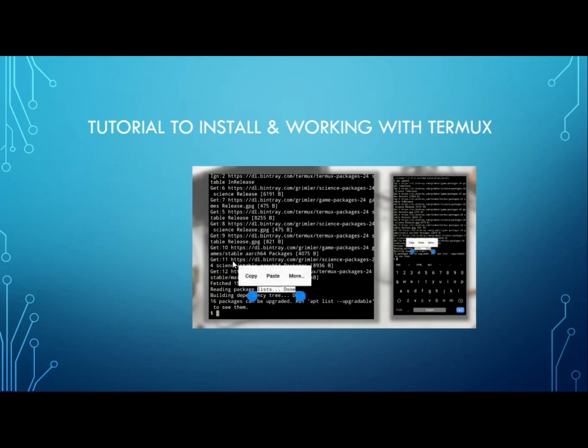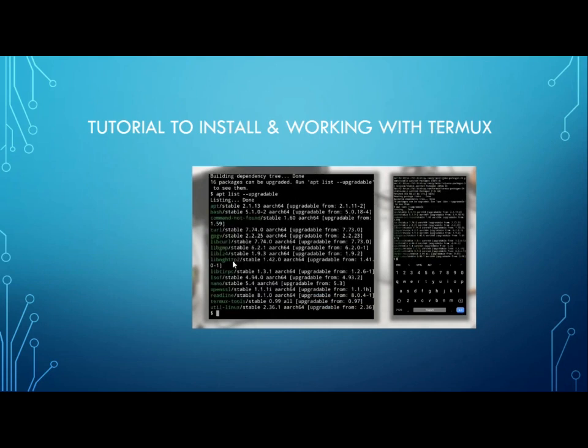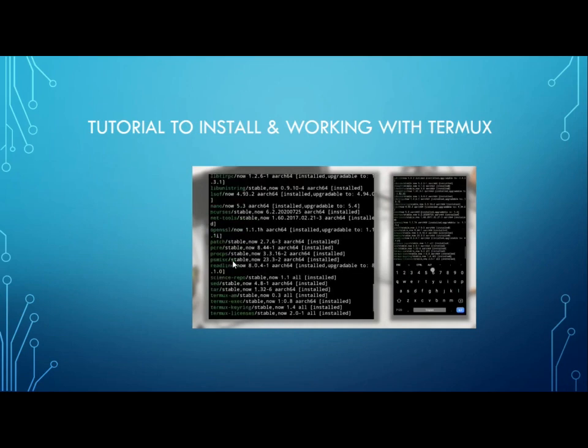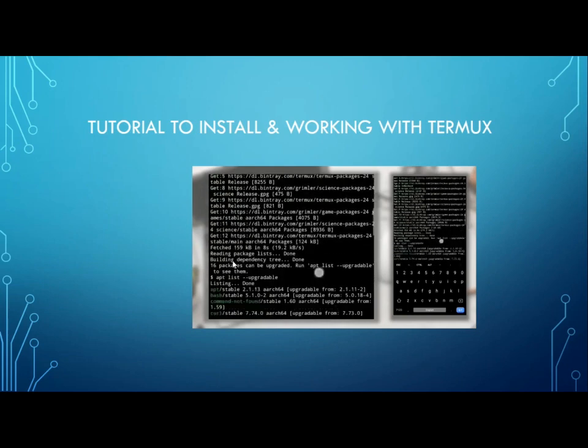With apt list upgradable, we can check what is upgradable and can be updated. It will list all the installed apps in your device.